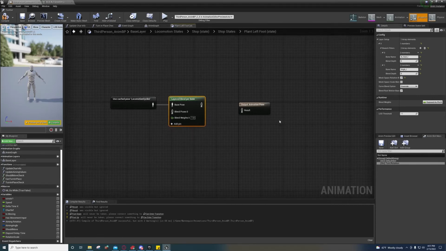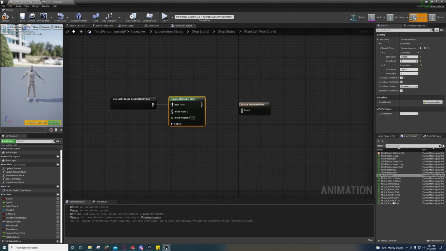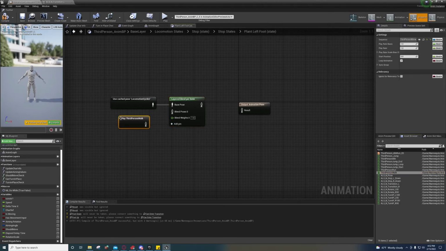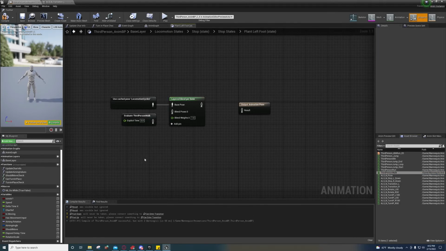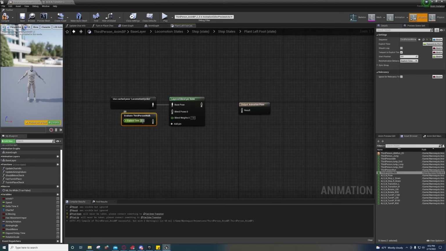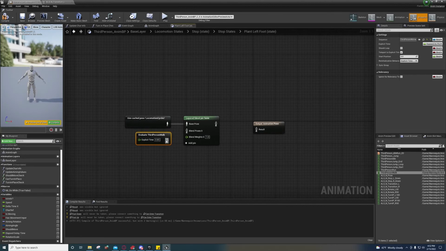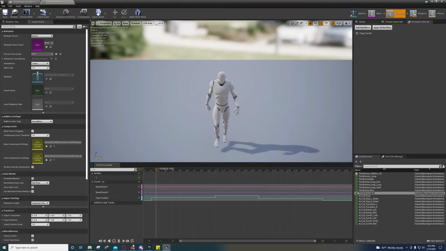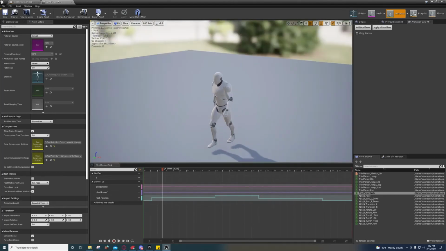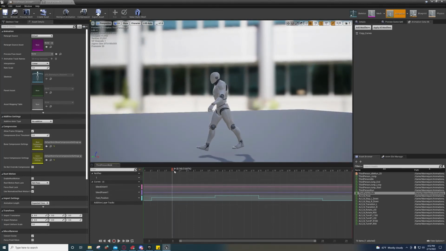So, okay, now we need to go to our asset browser and drag out our third person walk. And right click on it and convert to single frame. And for mine, I used a value of 0.85, I think. Let's see, open it up and I will explain this to you, and I'll also explain this feet position curve that I made and how I made it or came to those values. It took some investigation. Okay, so 0.87